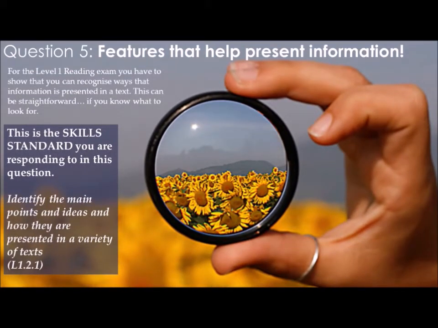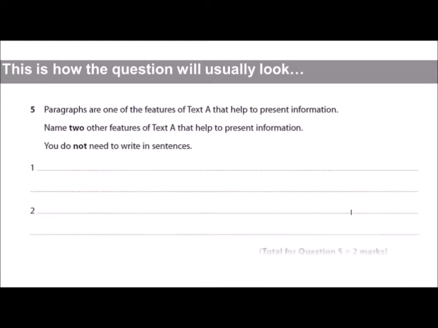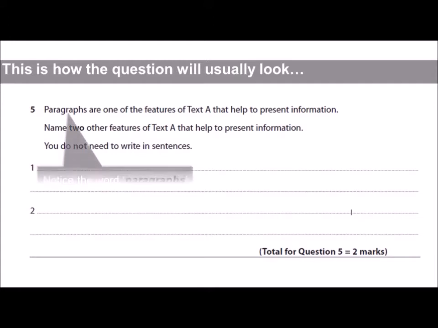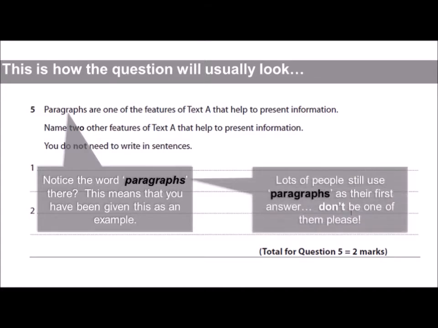Okay, so this is how the question usually looks, and it gives you an example. 2 marks for it. So paragraphs are a feature. What are the other features that you can see? Don't put paragraphs. Okay, so you get this text here, and it's about